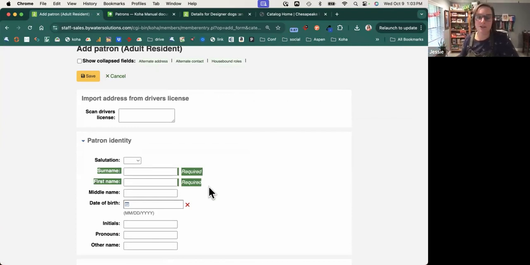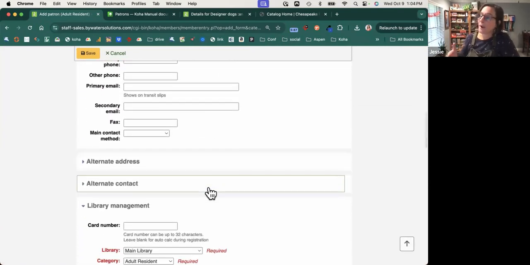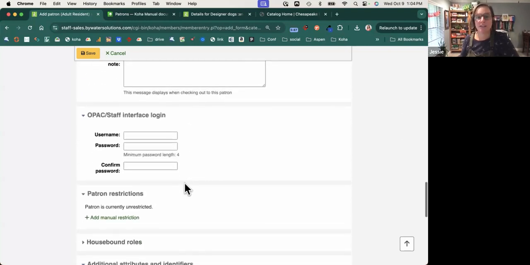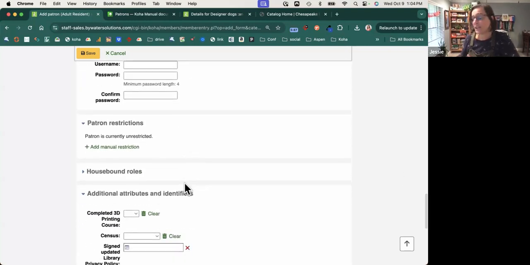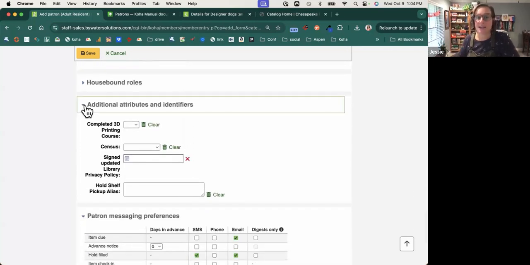That way, when staff come in here, they can go through and create an account for a patron within the system. We do have guarantee and guarantors, which allow you to connect adults to children or even adults to adults, and you can set that up as well. In the patron account, we'll also track card number information, any type of notes, creation of their username and password to log into Discovery, and then a section that I always like to point out, which we refer to as